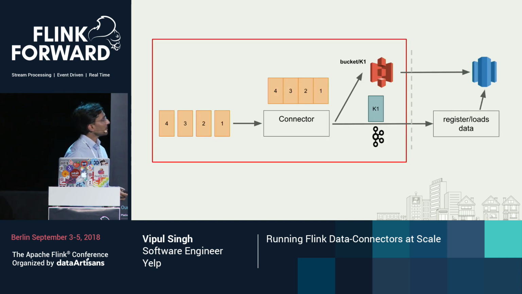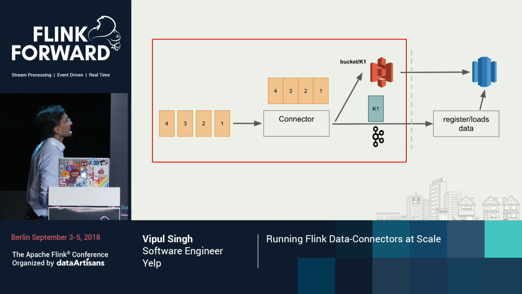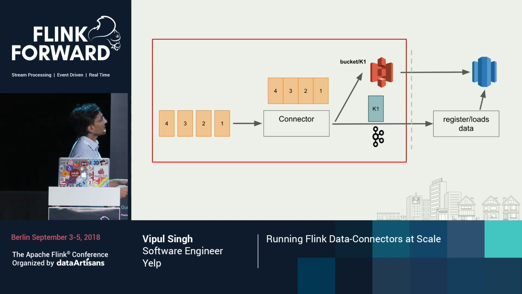This is a visual depiction of what I just mentioned. If you can see here, on the leftmost side, you can see all the messages which are coming in. The connector would actually read these messages, and after these triggers are fired, say in this case, after 4 messages, it will upload this file to S3. And then it will also publish to a downstream